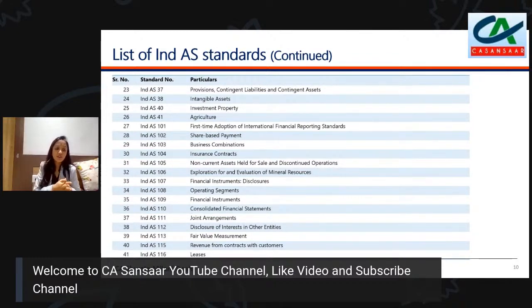This standard has brought a drastic change, mainly for construction companies and for retail trading companies who issue a lot of schemes to customers. They have undergone the most important changes in applying Ind AS 115. So this was a brief overview about what